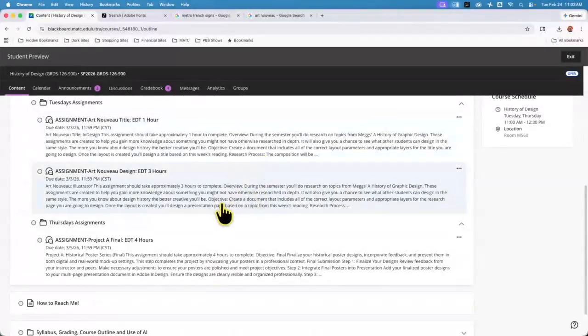And today we'll talk about Art Nouveau, and I'll talk about the title treatment, and I'll talk about just designing the title treatments in general and working with type. And I don't want to call it filling the space, but realizing the footprint that you have, and having things read well. You have this space and you have 4 words, so fill that space, or if you're not, what needs to go there. So we'll talk about that a little bit as well. Without further ado though, let's go over some